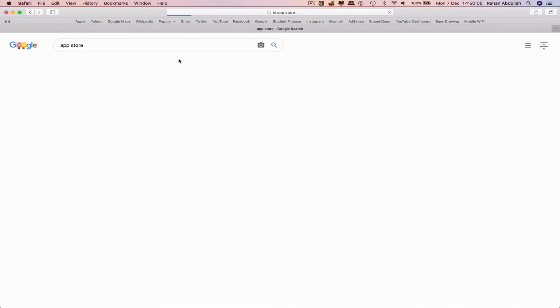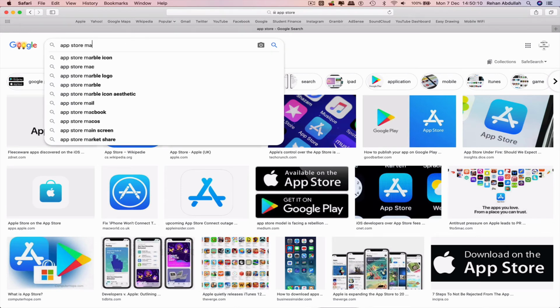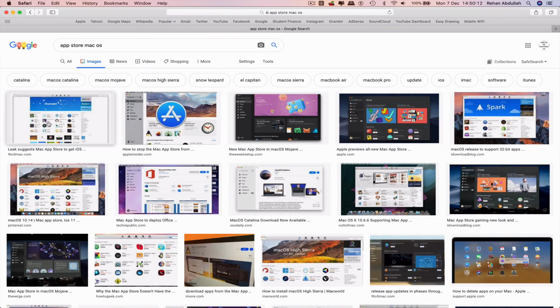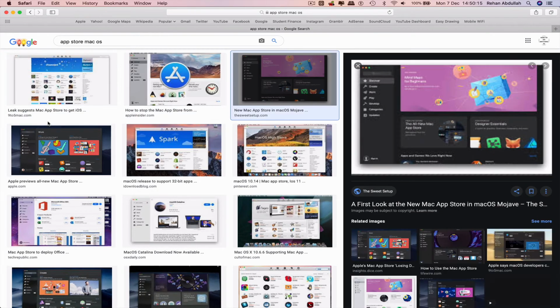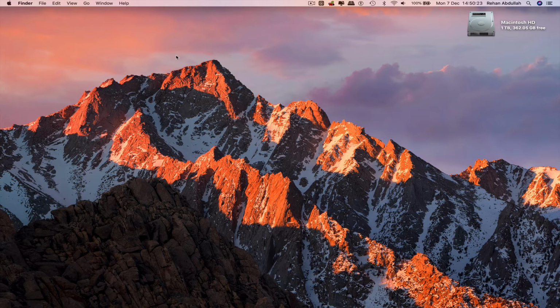Go to images, and yes, App Store Mac OS. We are able to purchase any application for the Mac interface. If we quit Safari,